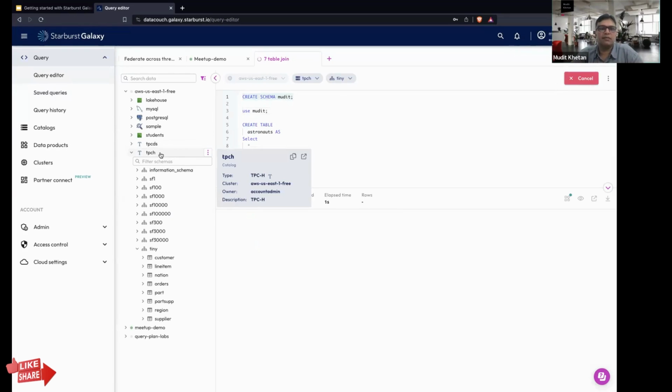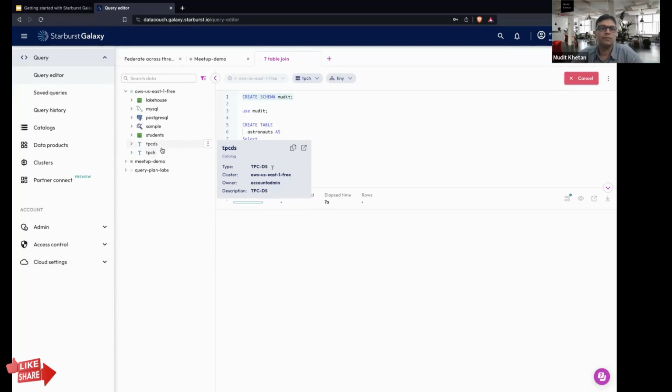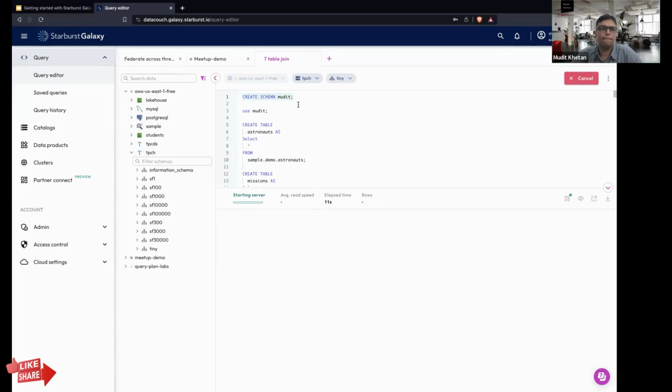The database, or the catalog that is there, is TPCH. Within Tiny, it will create a schema called Mudit.